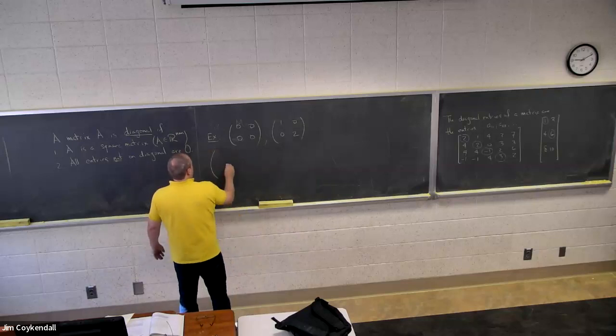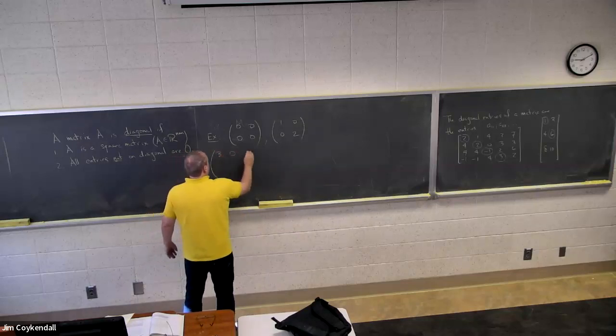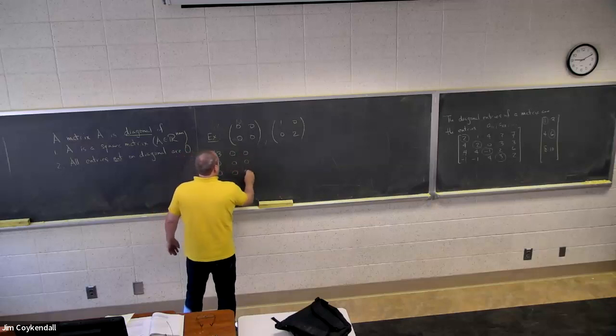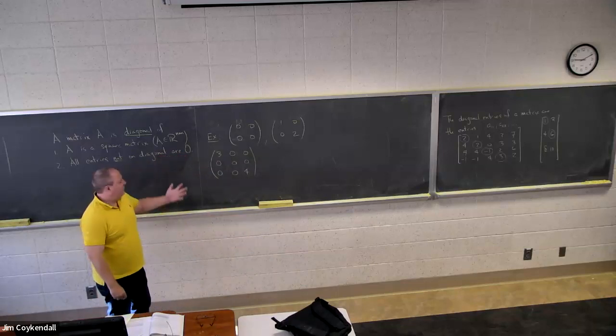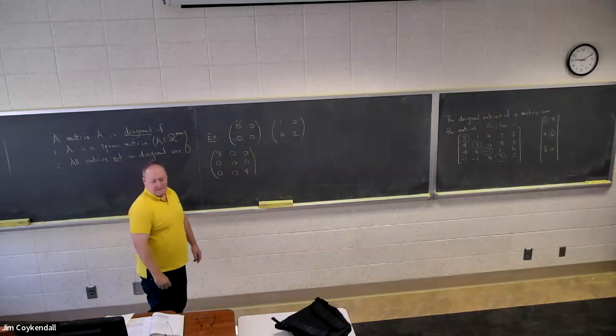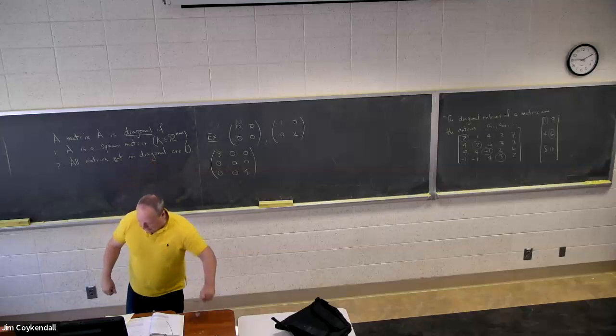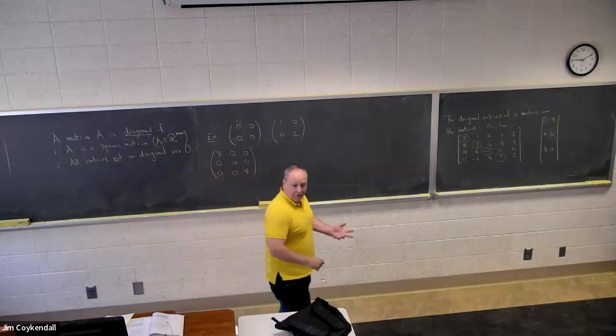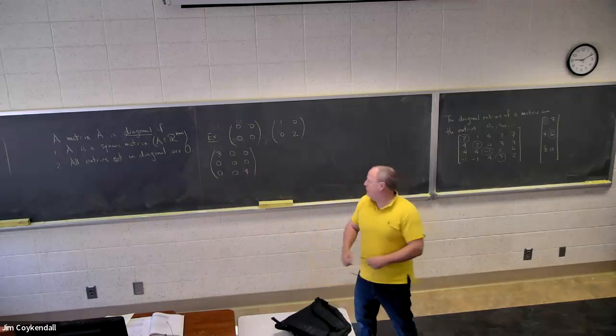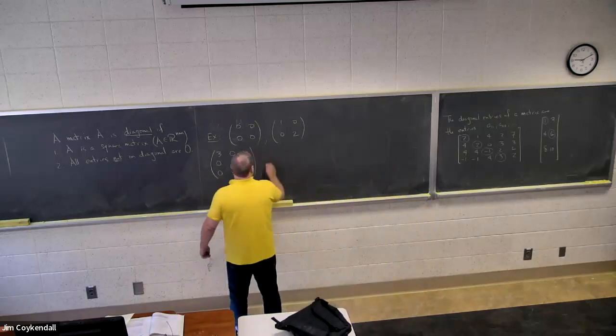Or 3, 0, 0, 0, 0, 0, 0, 0, 4. These are all diagonal matrices because everything off the diagonal is 0. Diagonal matrices are going to actually come up. Notice that the matrix of all zeros is a diagonal matrix, and so is